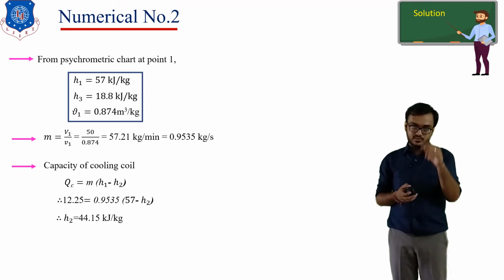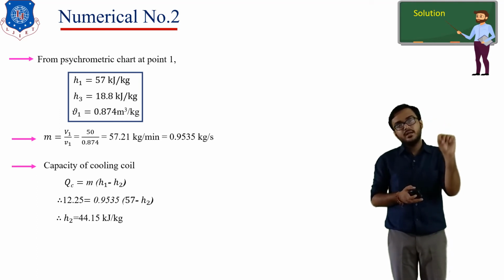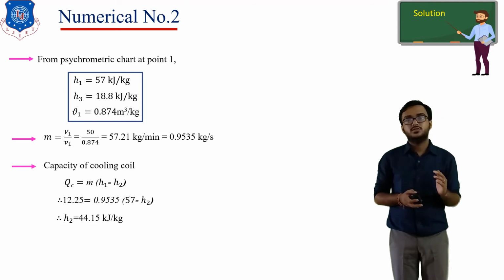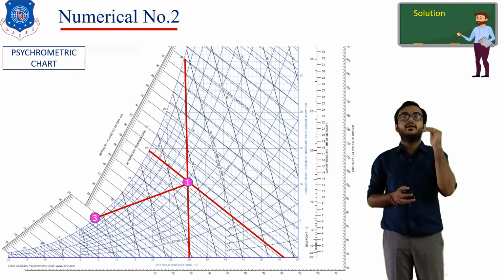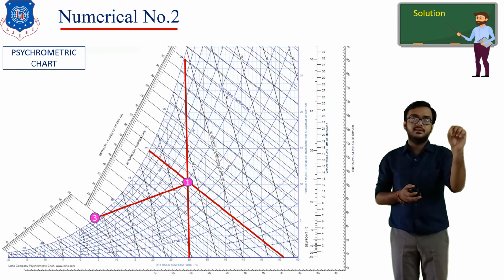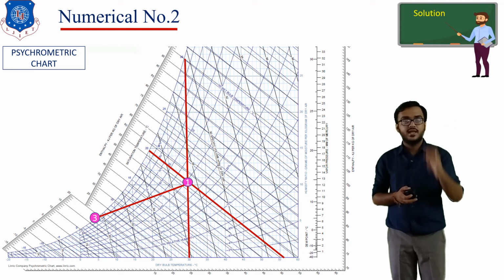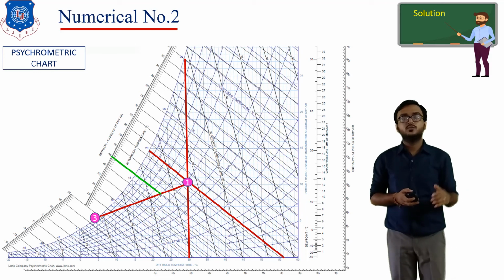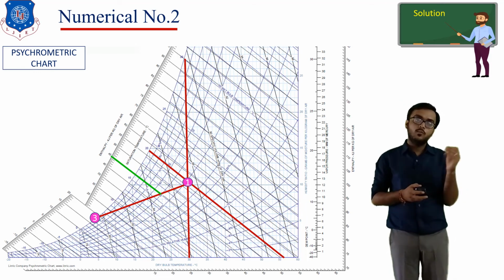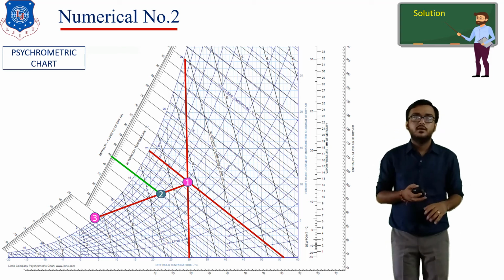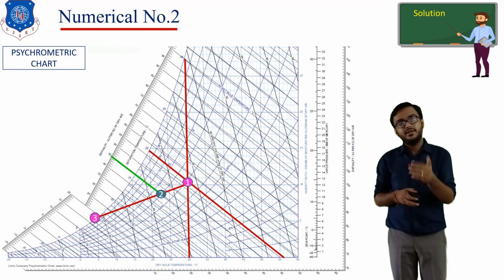Now we have the value of H2. So on the psychrometric graph, just locate the value of H2 and connect it with the line 1 to 3. Just observe the previous slide, we have the 1 to 3 line. Now you need to locate the enthalpy line, that is 44.15. You need to plot one constant enthalpy line at 44.15 kJ per kg, so you will get point number 2 here. Now measure the dry bulb temperature, wet bulb temperature, and all the related parameters here, and you will be able to identify the different properties at outlet.